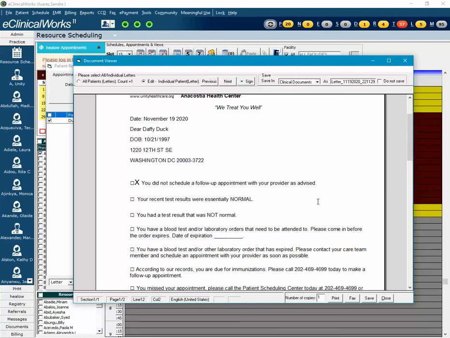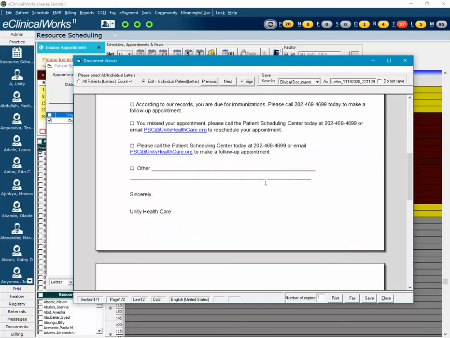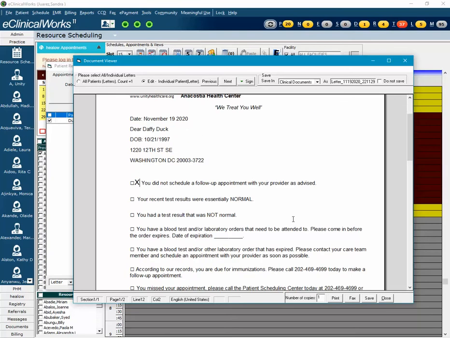So now that I have completed making all the additions to this letter, I want to go ahead and make sure before I save it that I select where I want to save this letter. So where in the documents do I want to house this particular letter? I can click here on this drop down arrow, and it's going to give me all the categories that we just recently viewed in the patient documents. Do I want to house this letter within the lab documents, radiology documents, patient documents, social service, or so on? So for this particular instance, I'm just going to go ahead and click on,